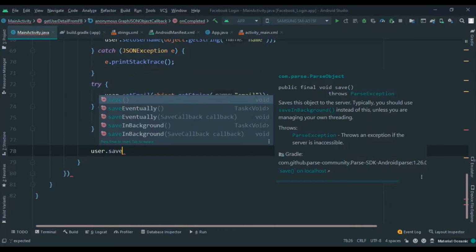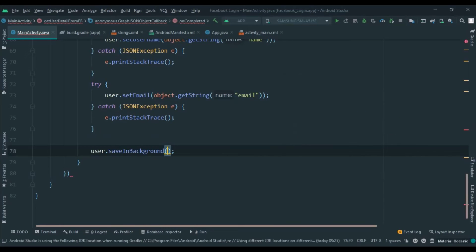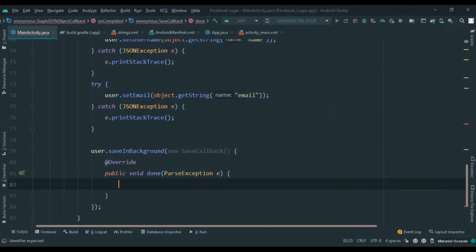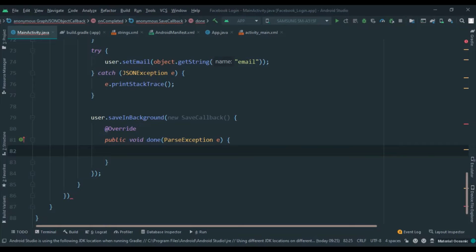And then lastly we write user.saveInBackground, and now implement a callback method, and then we write alertDisplayer. Here we want to display one alert dialog with a title and a message, and the title will be "First time login",